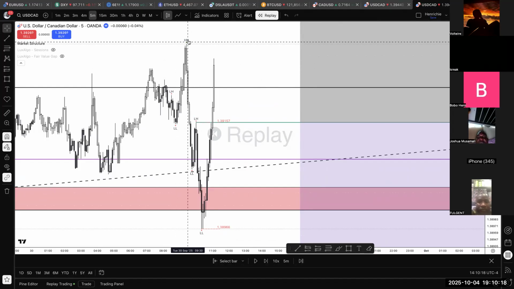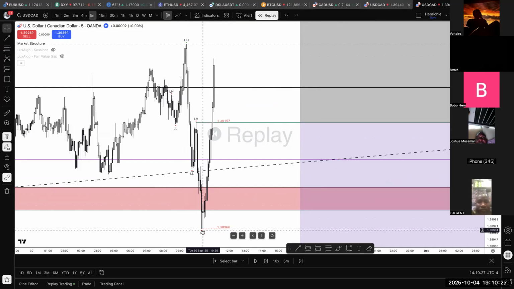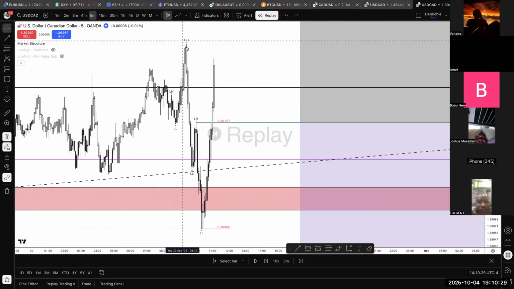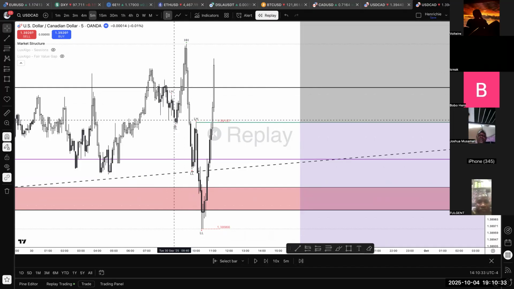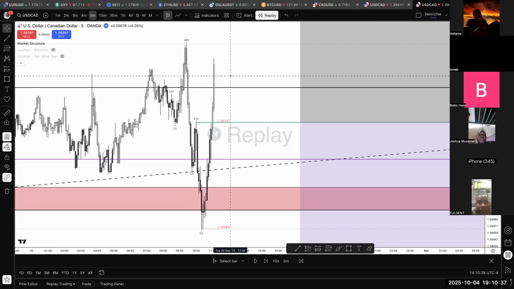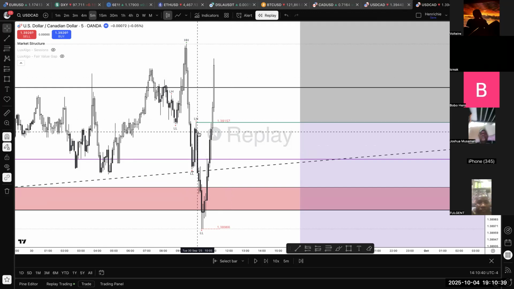And you can see here, the indicator also labeled this as higher high, which is actually wrong. This is the lower high that created this lower low, and then this lower high created this lower low. And the reason the indicator thinks this is the higher high is because it rallied above this lower high. So it now believes this is a new higher high. So that's why you need to still understand these things on your own, and you're only using the indicator as